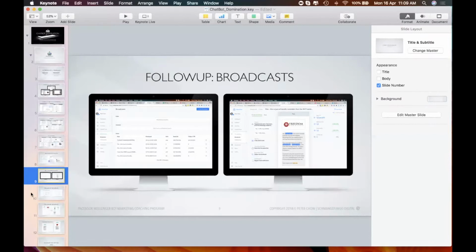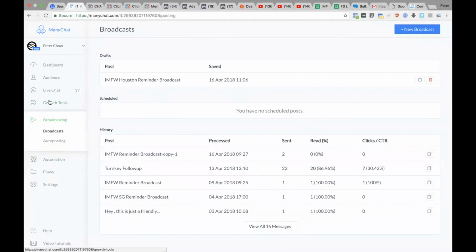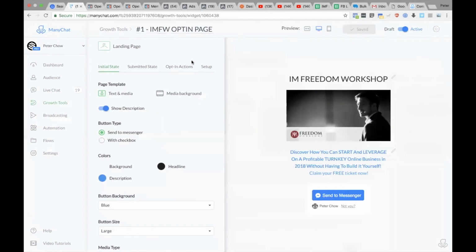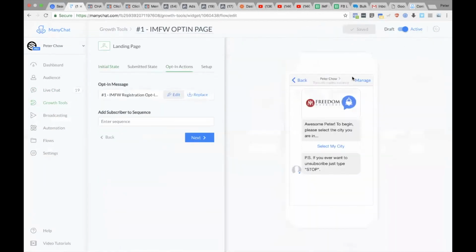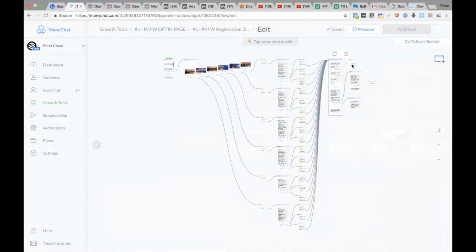And see how simple it is for me to do that, okay? So it's the same thing for over here, the follow-up sequence. Another way to do follow-up is that the moment they completed the registration, if you remember our sequence, go to edit. Okay, the moment